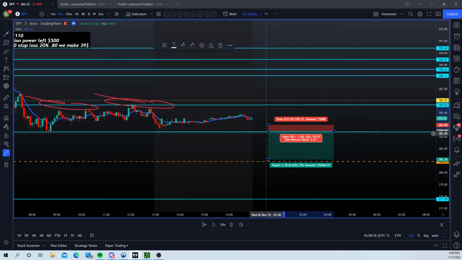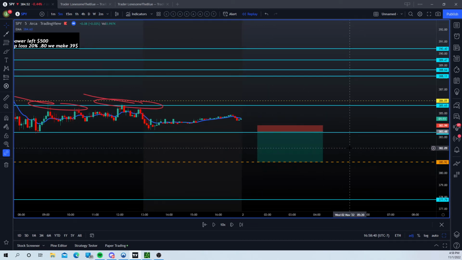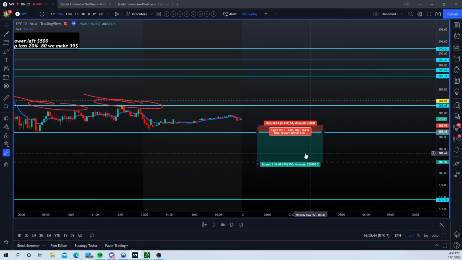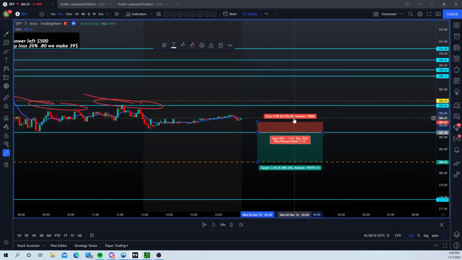But if I want to hold all of them and keep it all the way until it hits 380, because we're going to be bearish because of Powell tomorrow, then guess what? We go straight down to 380.86. And how much percent was that? A 124% move. And obviously if I have a 124% move with 2K or 3K in there, that's $3,000 with one trade. But I'm risking only 20%, so I'm risking $500 to make $3,000. You see that? But if I have a 10K account, that's the thing.